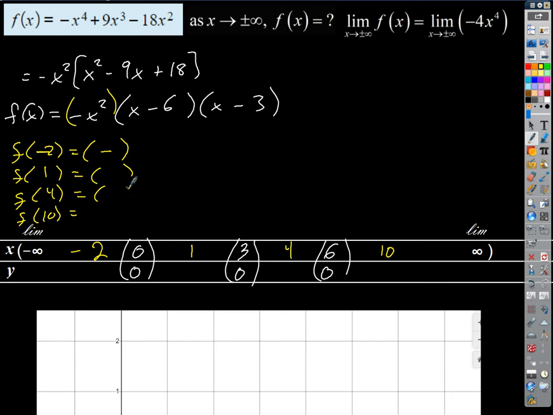And we already know that the first factor is going to be negative each time. Okay, at -2, what's the sign of the second factor? Negative. And the third factor? Negative. Okay, so the overall sign is